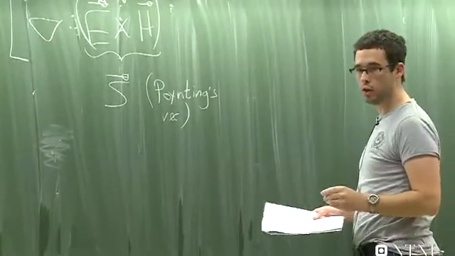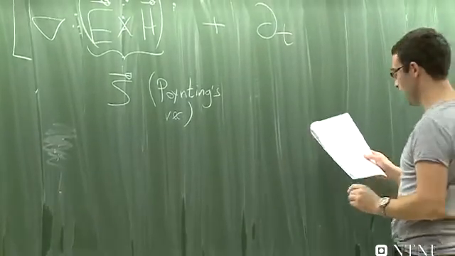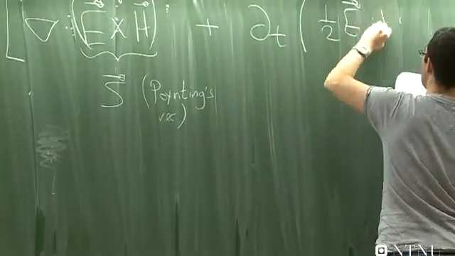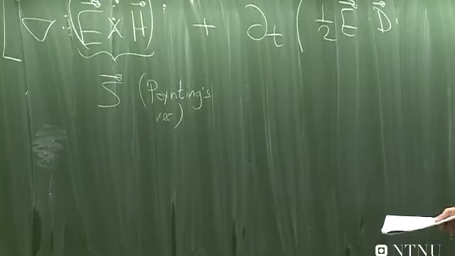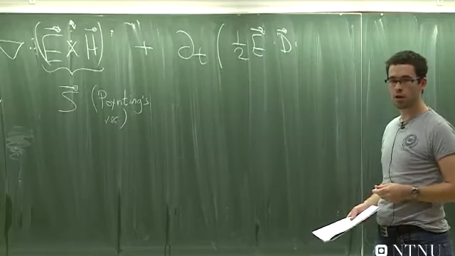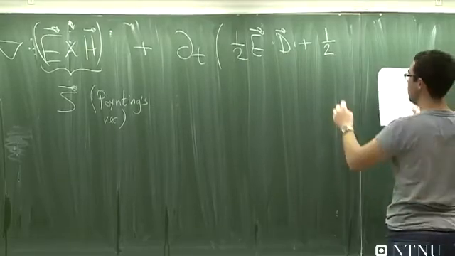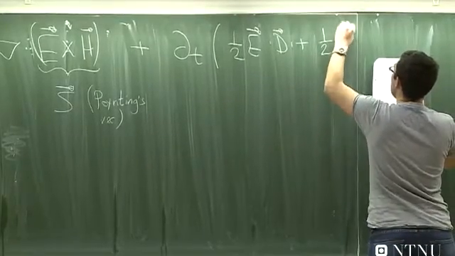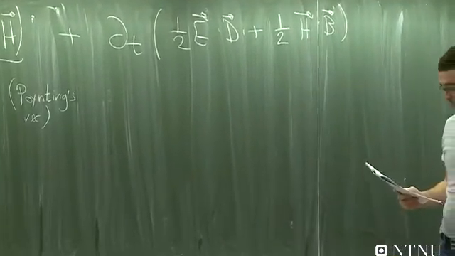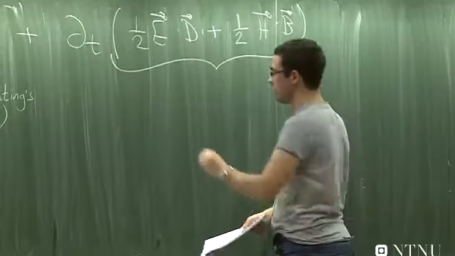We also had the energy density terms. I factor out the time derivative, and I get the electric field energy density, which, as it turns out, is the same as in electrostatics. And analogously, we get the magnetic energy density. And that's pretty much it. So the whole parenthesis here is now the local electromagnetic energy density,